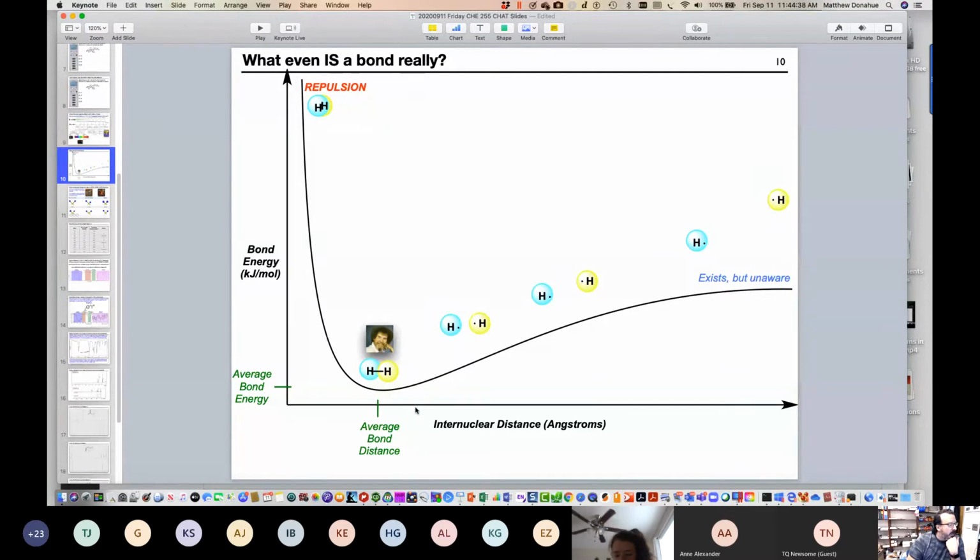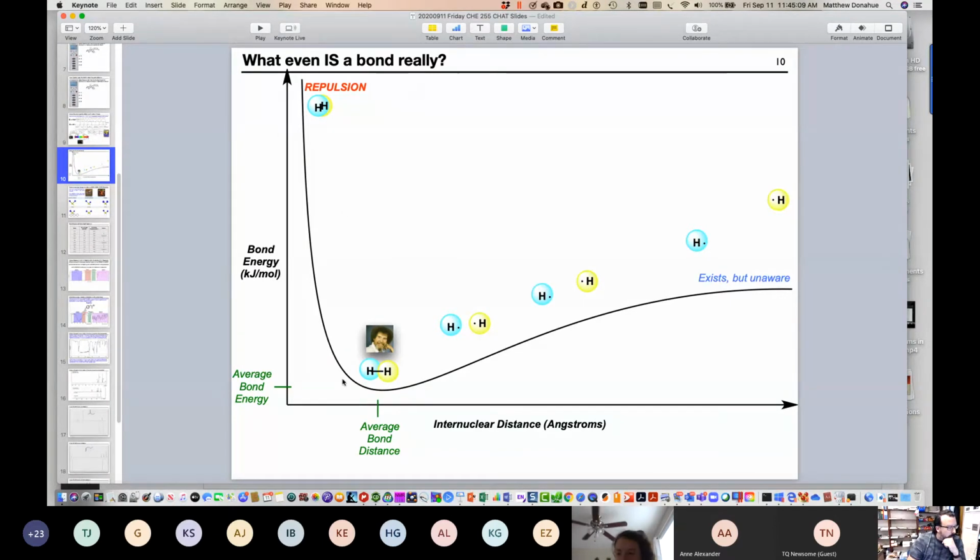So as we move from right to left, eventually the distance between those things, if that was 0, they would be right on top of each other. Notice how this curve goes up. The bond energy goes up, that leads to repulsion. So if you've ever had a bad breakup with your significant other, it's due to repulsion. You know, they leave their toothbrush on the sink and you can't stand it, that's repulsion.